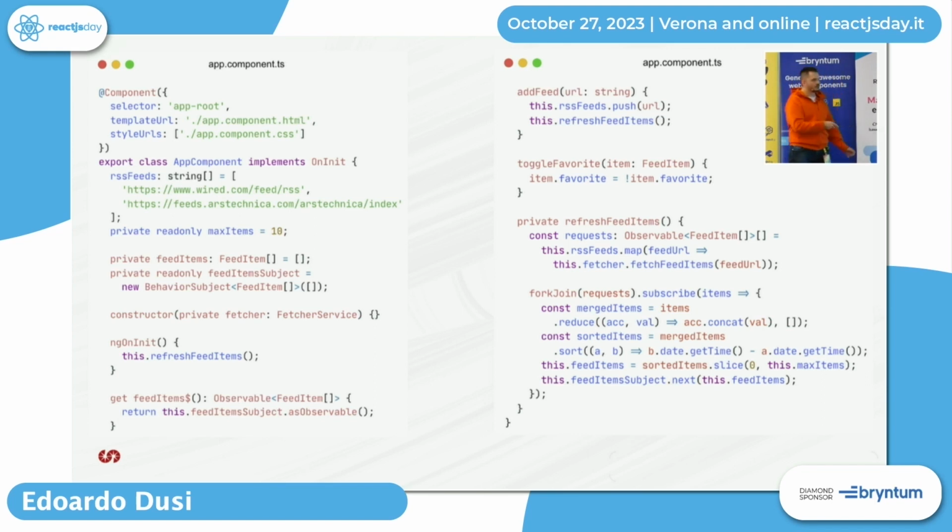And when I want to get feed items, I declare it as an observable, and I return this with a getter. So my template will be able to access this property with this getter and will have an observable back.